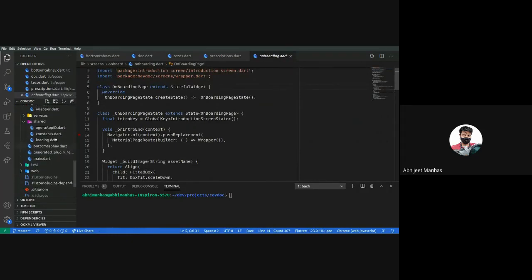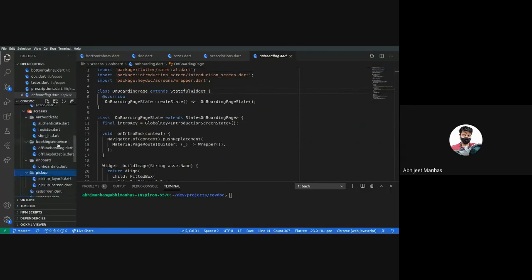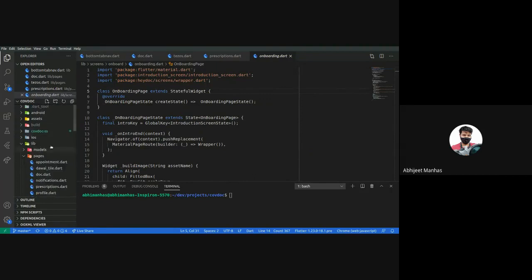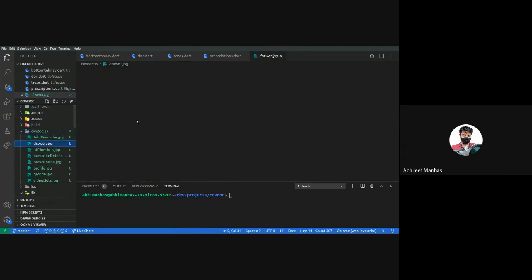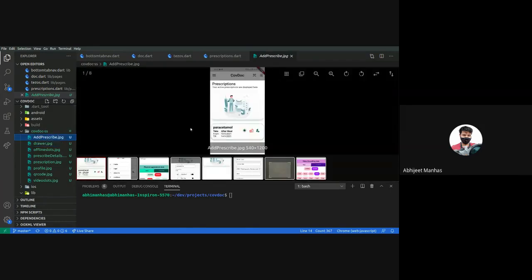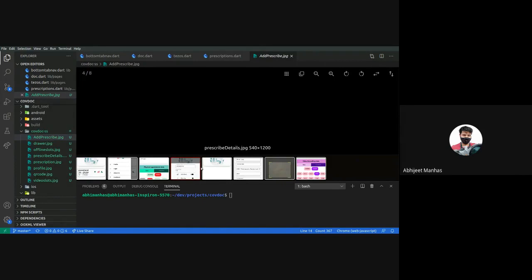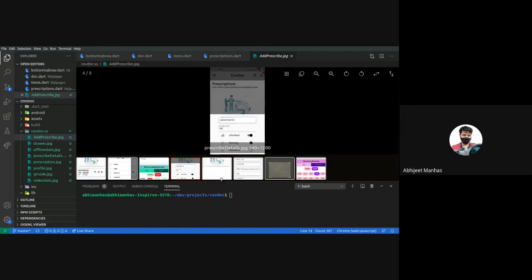Then we have some basic APIs for the database. And we have also added various screenshots of our app here, which you can see, like prescription, and how it is visible in our real application. And it is very easy to run it.